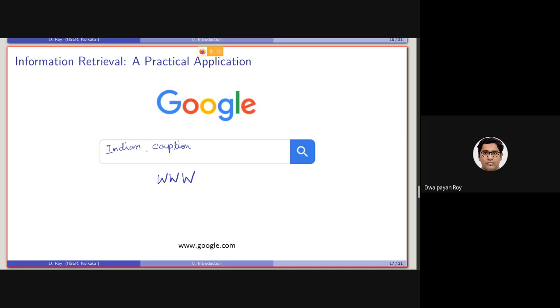Note that I haven't used the term cricket anywhere. But still, search at your end. This is a simple task for you. Search with this query and you will find the captain of the Indian cricket team as the top search.